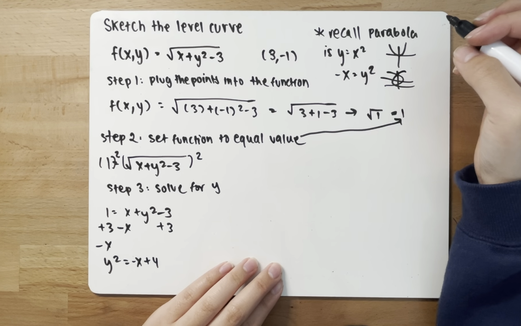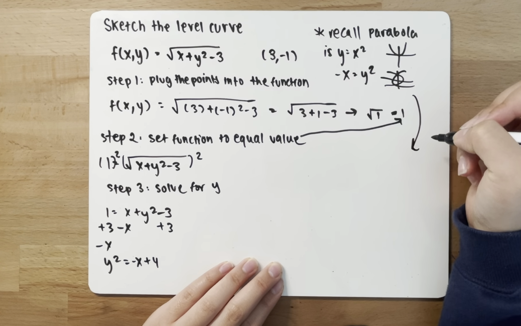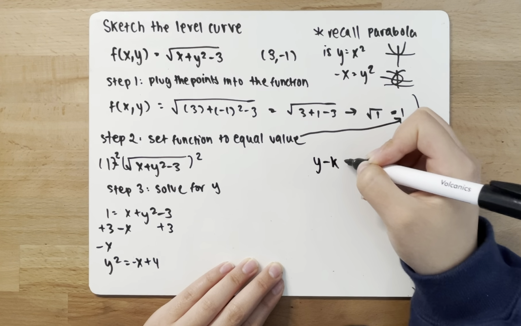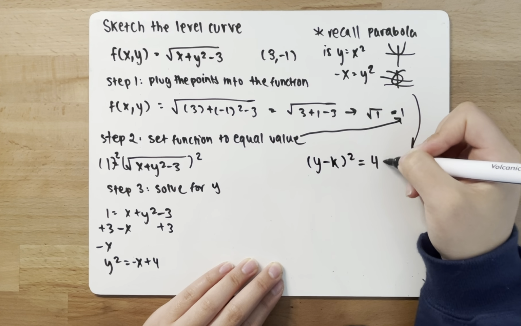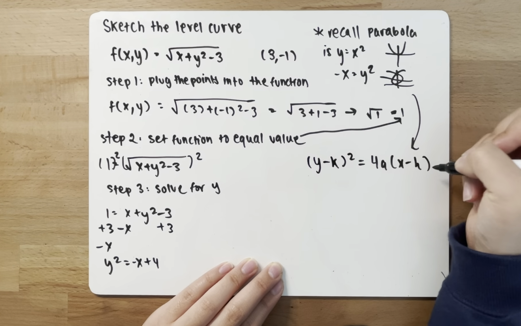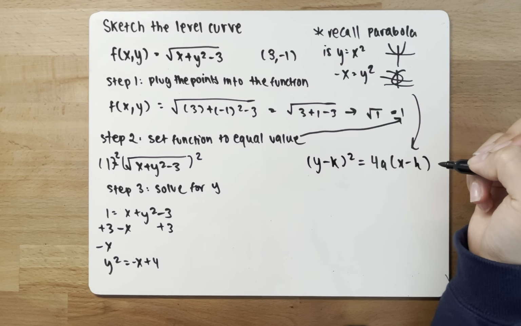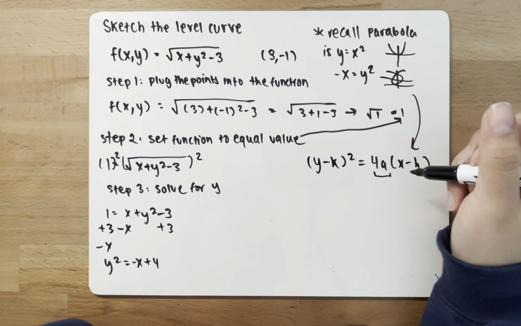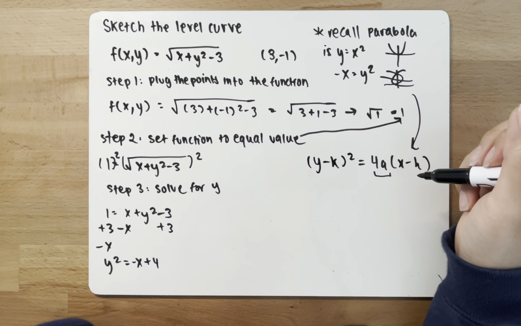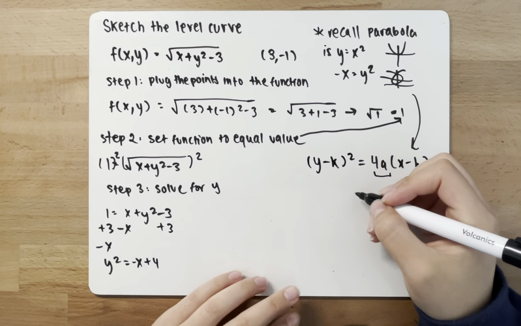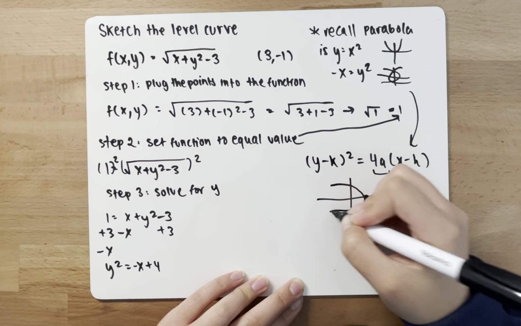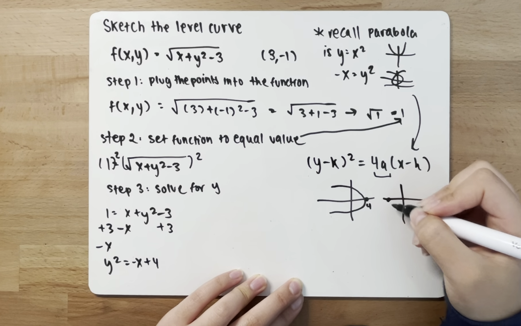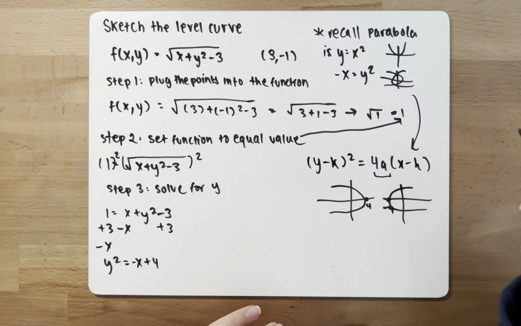And the formal equation of a parabola is y minus k squared equals 4a times x minus h. All right? And depending on what value this is, if it's a positive or a negative number, the parabola will open left or right. So if it's a positive, say this is 4, right? The parabola will open to the left. If it's a negative, however, a negative 4, it will open to the right. Okay,